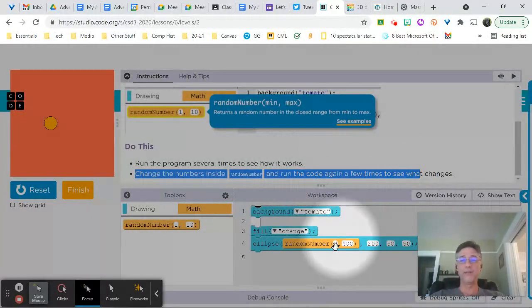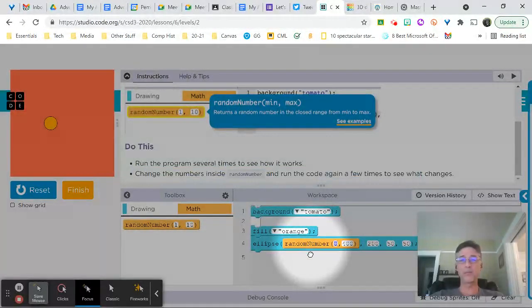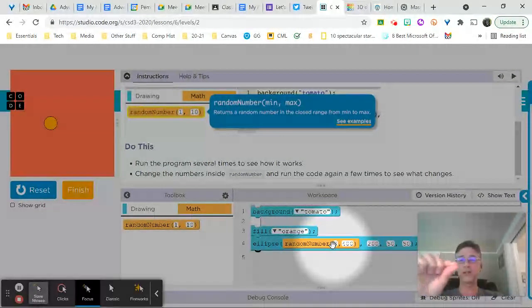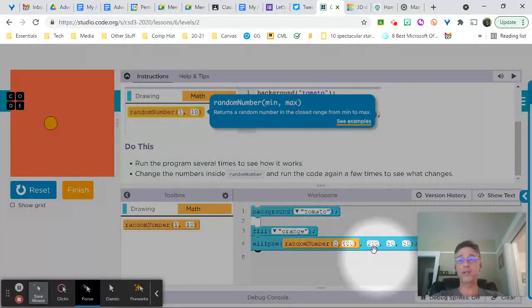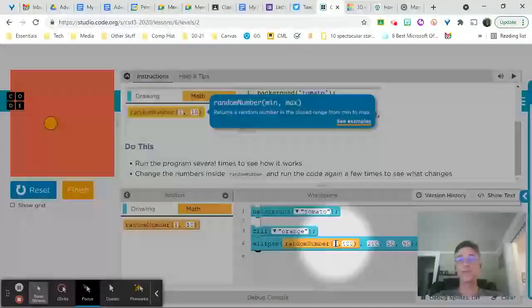So, for example, this random number block right here is saying that the x coordinate can be anything between 0 and 400, and then the y coordinate will be 200, and it will be 50 wide by 50 tall. So this is telling the program that the dot can move anywhere from side to side along one line, basically at y equals 200. It can be anywhere from the left side of the screen to the right side of the screen. So if I change this to, like, I don't know,